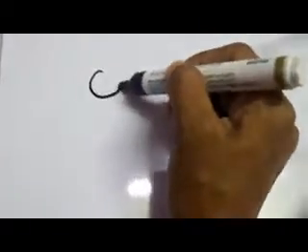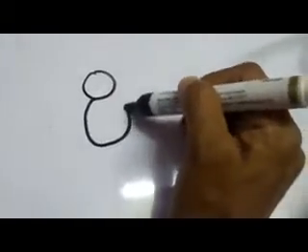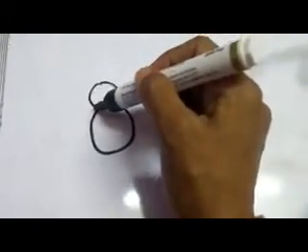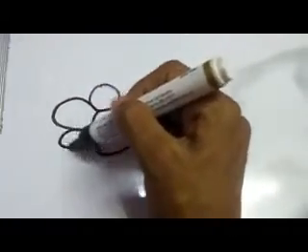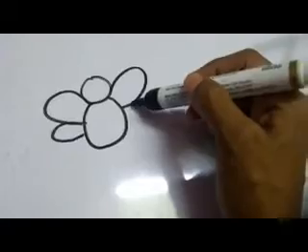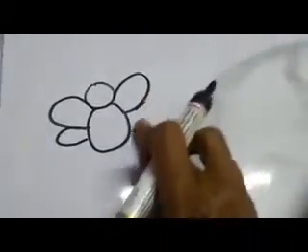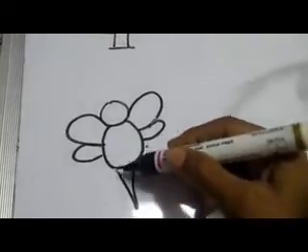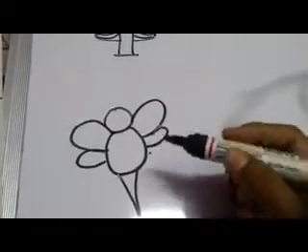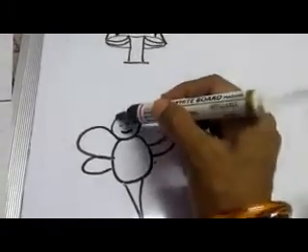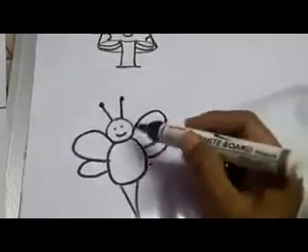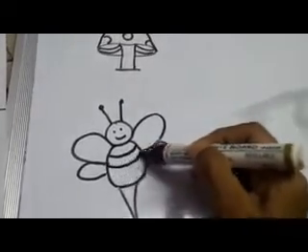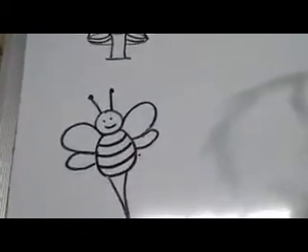Yes. Now to draw a bumblebee again, make a small circle and an oval. Just see the size, okay? And for the wings, again oval, one big, one small. One big, one small. Just try to keep both the sides same. Now for the tail, actually it's a pointed, thorn-like tail. Just make a V shape. Okay, and just make a few eyes, a smile and two big antennas for it. Now for the body, you just make a few curved lines. Your bumblebee is ready.